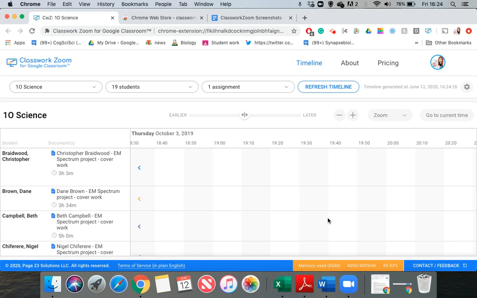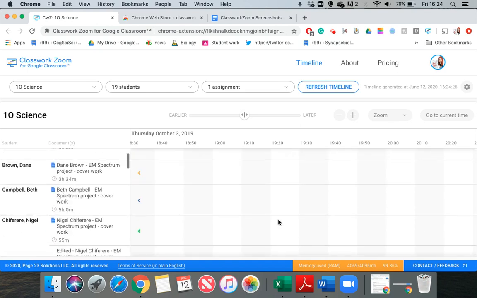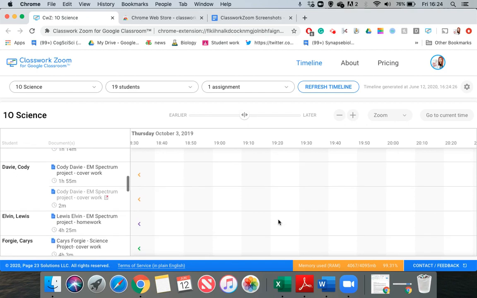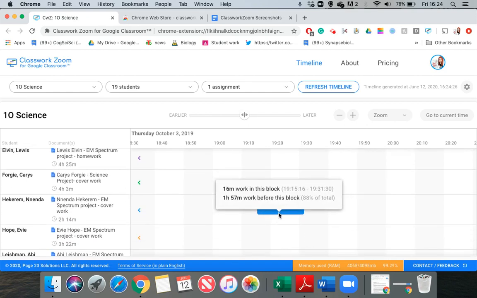So when it does appear, it'll be centred on the last time that the assignment was worked on by a pupil, and you might think it looks empty and that there's no work when you look down, but actually if you scroll down, you'll see there's a little block of work here by Nenda, who was really, really studious and did some final edits in her reports outside of class before the deadline. So if you hover over it, you can see that she did about 16 minutes at around 7:15 on Thursday